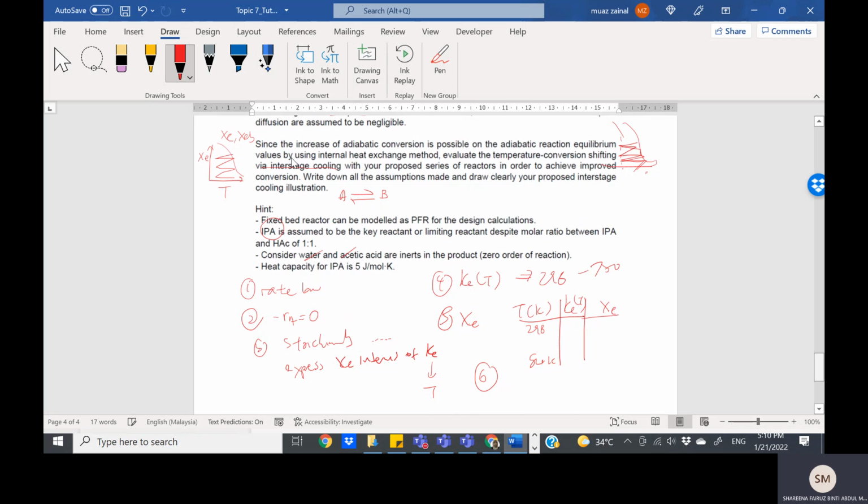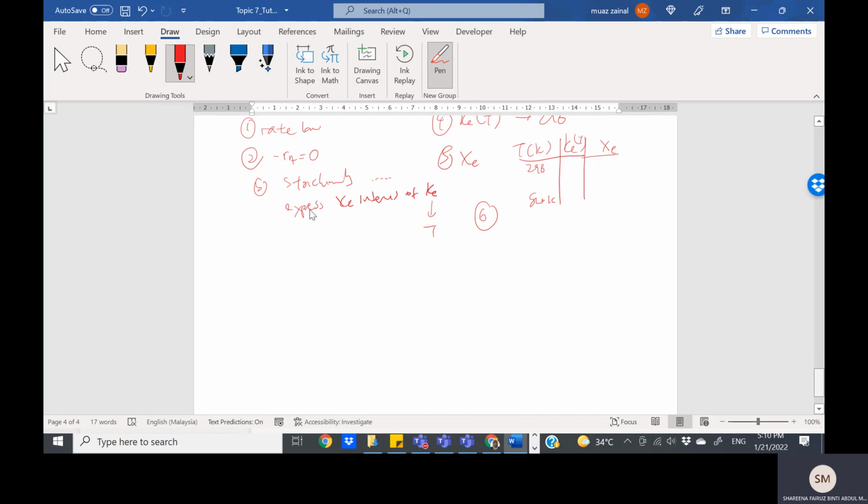Alright, so XE ni dapat daripada rate law of the reversible, and XEB is from the energy balance. Okay, so you can put it as this one is XEB. Okay, so daripada situ you kena plot lah. Okay, plot. Alright, and CP given here actually kalau saya tengokkan dekat